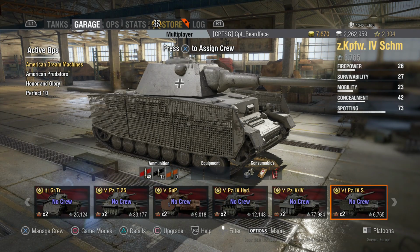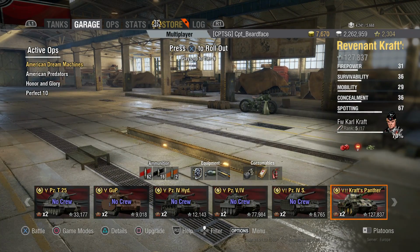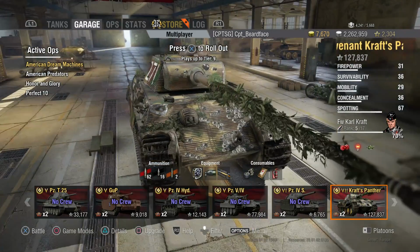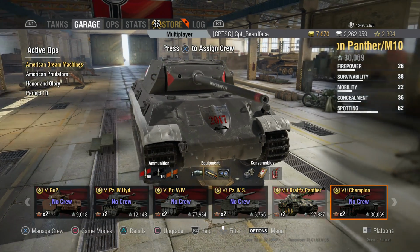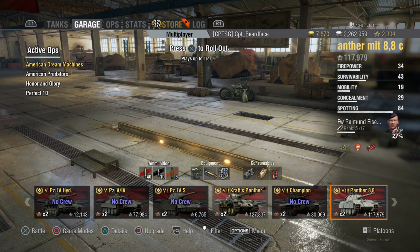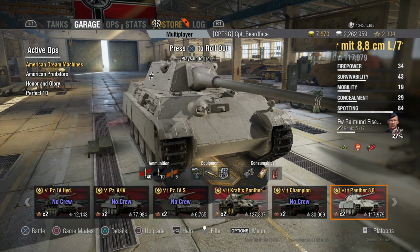The equipment came off that actually to fund something else, so we'll be going back on. Never had a chance to put the equipment on this. Keep meaning to save up for it, but I've got the Panzer IV-S as well. Crafts Panther, and you can see the barrel. Yes, I am just showing off my mark of excellence. You caught me. I've got the Champion, not the 1-1 unfortunately, but I did get 50% off that one for having the MVP medal. The Panther 88,